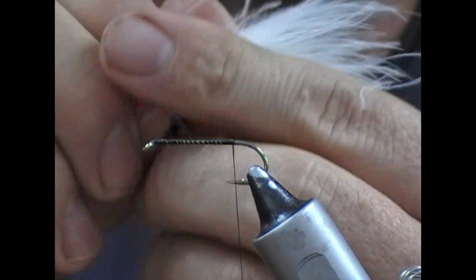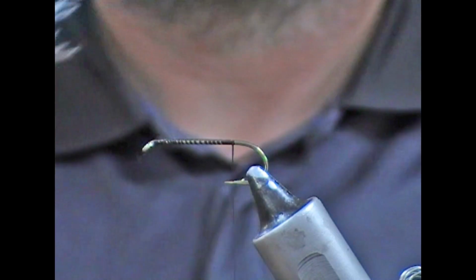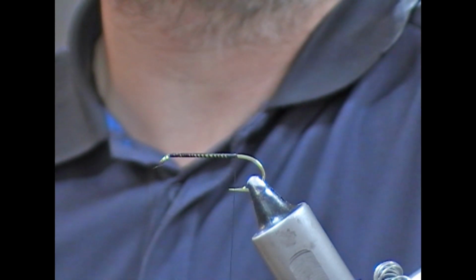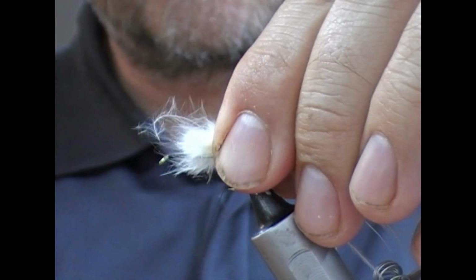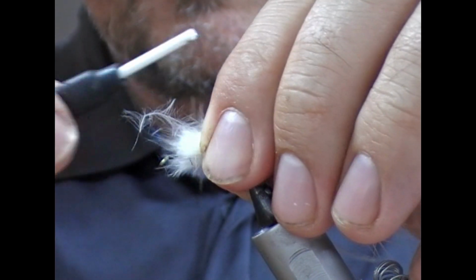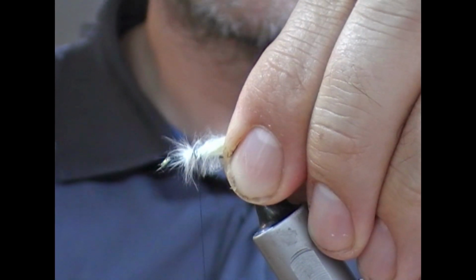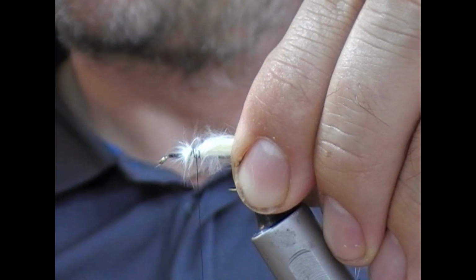Now what I've gone for here is to try and get a natural type tip to it. So if we take this out a little bit, it's a longish tailed fly, I'm going to set this on to length. I'm going to leave myself a little bit of room at the front because we've got bead chain eyes to put on, and just let that sit there for a second,